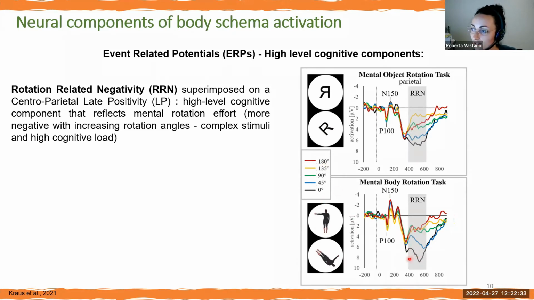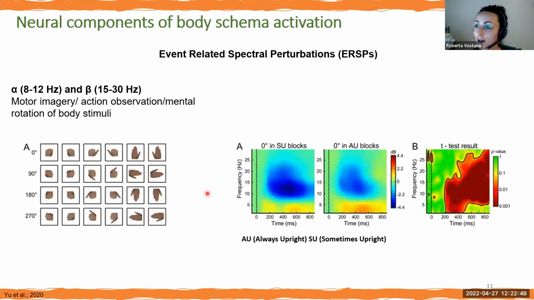Like you can see here, the peak at 0 degrees compared to 180 degrees. So it's a specific component related to the mental rotation effect. And that has been shown to be modulated also by stimuli that represent the body. And then finally, for the power of spectral perturbation measurements, we usually found two